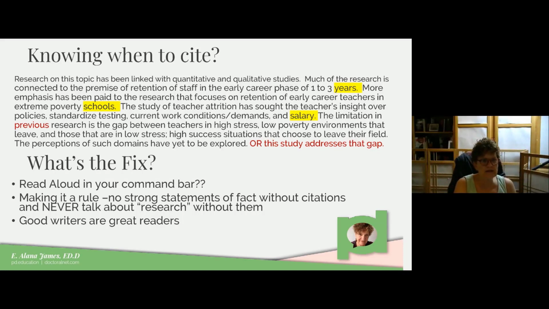Much of the research is connected to the premise of retention of staff in early career phase, 1 to 3 years. So who researched that? More emphasis has been placed on the research that focuses on retention of early career teachers in extreme poverty schools. So that's going to be a bigger group citation. The study of teacher attrition has sought the teacher's insight over policies, standardized testing, current work condition demands, and salary. So everybody, even those included in the first two who actually came to those outcomes, would be after that sentence,